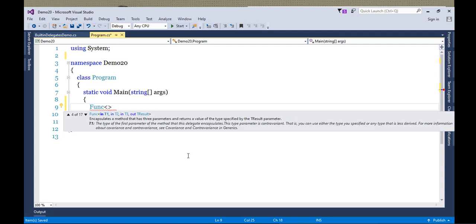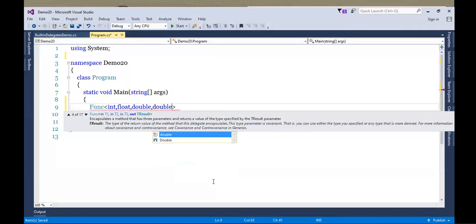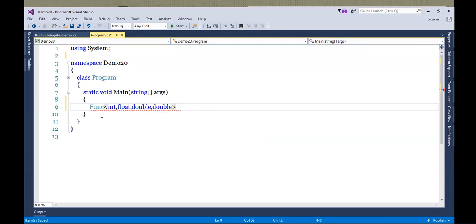Only types. You are not going to mention parameter names. So how many arguments do we have? 3. What is the type of the first argument? Integer. Then what is the type of the second argument? Float. What is the type of the third argument? Double. And finally, what kind of output will my method be returning? Double. See, this is the overload which I am going to use for Add.